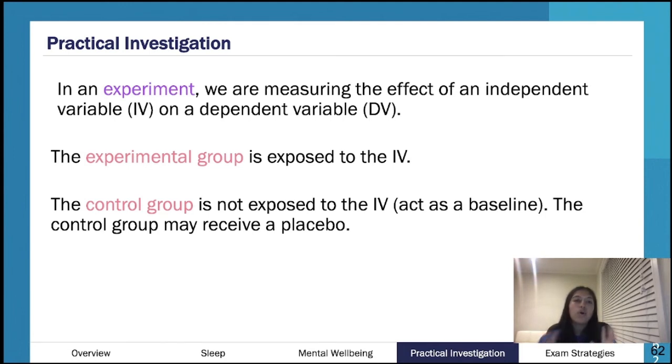And the main overarching idea of this whole chapter, this whole area of study on experimentation, is that you want to observe how the IV affects the DV. Everything you talk about in this section relates to this. Your placebo, your independent variables, your controlled variables, it all comes down to how you set up the experiment so that you can know for sure that the IV is affecting the DV in this way.